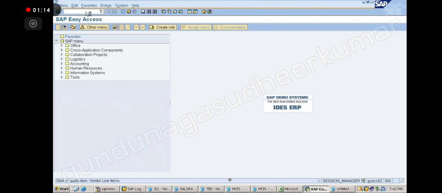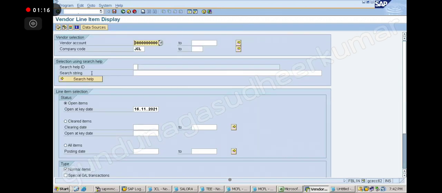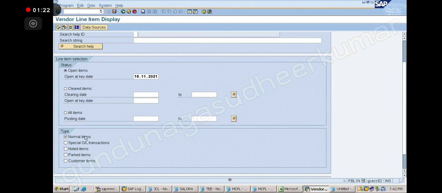In FBL1N, at the bottom you have normal items, special items and noted items. Now I am talking about the noted item. When you post the down payment request, a noted item will be created.